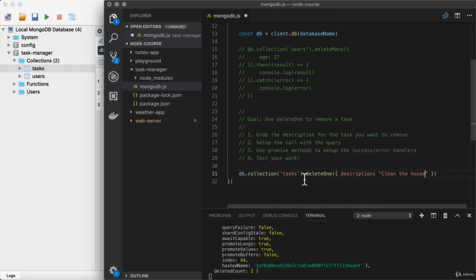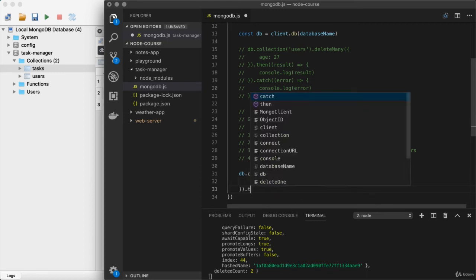Now from here, we can go ahead and move on to the next step, which is to add our promise method calls. Now there are so many ways we can structure code when we have a lot of chaining going on like this. I could take deleteOne and move that down to the next line. That would be a valid way to get the job done. Or I could go ahead and do something similar to what we've been doing before and simply break up the argument like this,